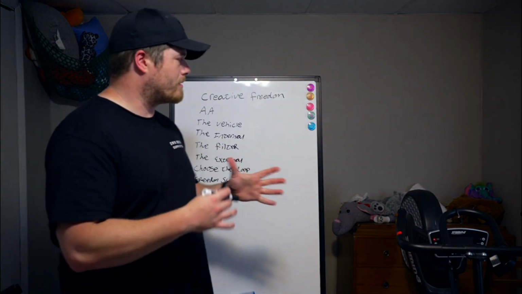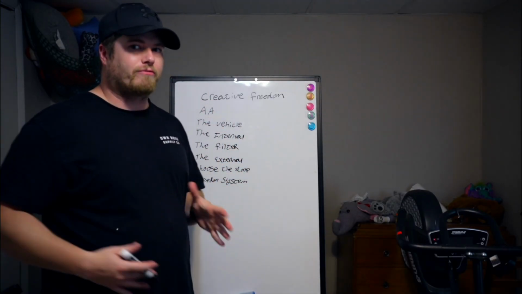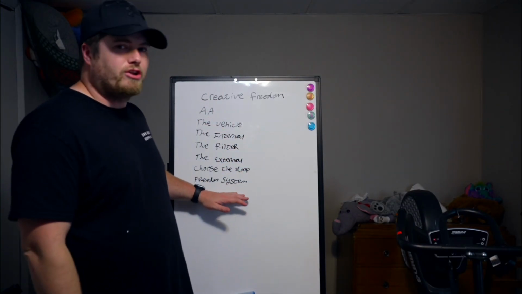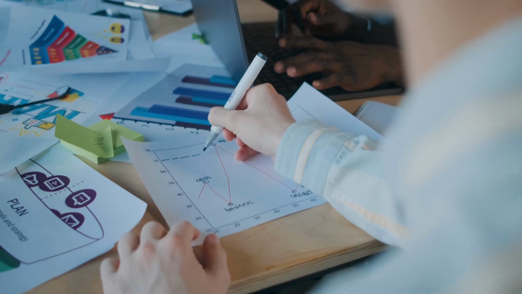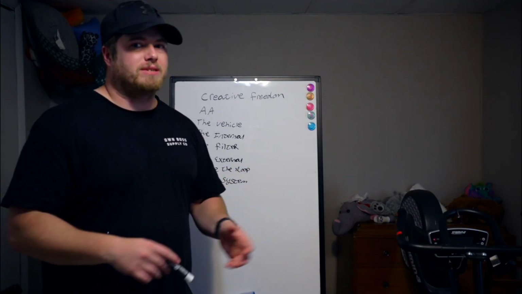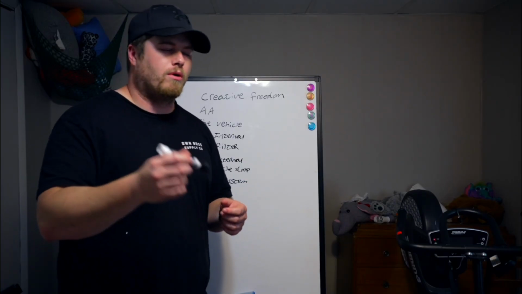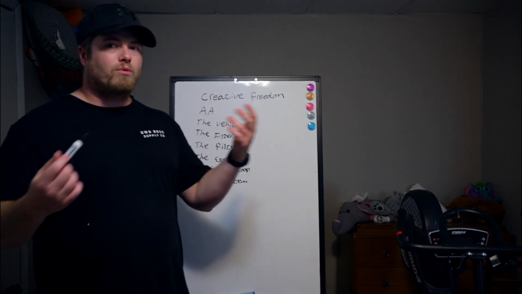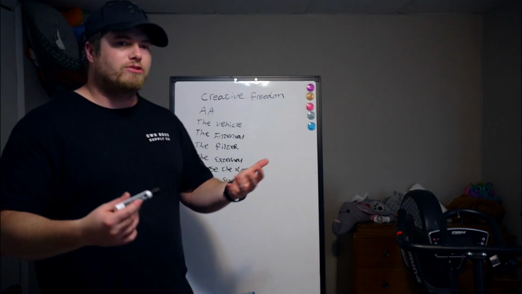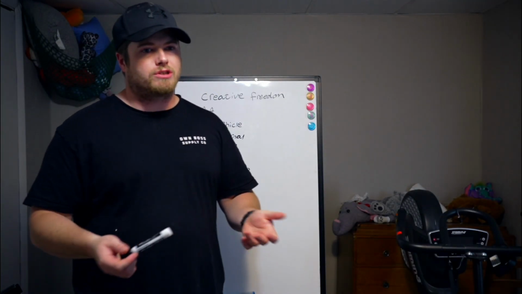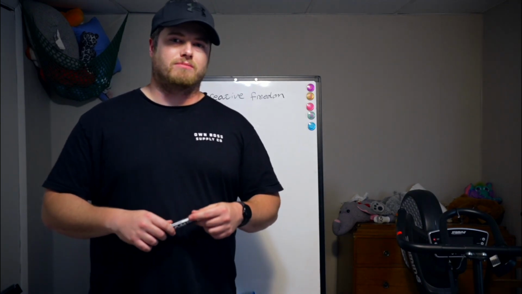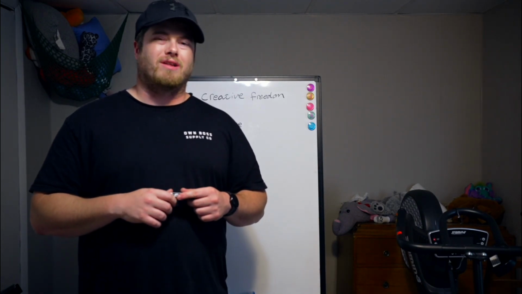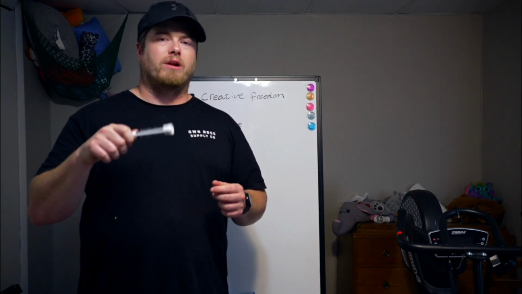Now, this is the shortest one of the entire series, so I don't want to get stuck on it too much, but remember, we're going to talk about the creative freedom process. Ultimately, at the end, you're going to have a freedom system. It's designed to help you and your business. Even if you don't have a business, it's there to help you grow as a person. We're going to talk about the audit. We're going to talk about the vehicle. We're going to talk about the internal and external factors, the filters, and then ultimately choosing the loop and building your systems so you and your life can get back on track and get running smoothly.